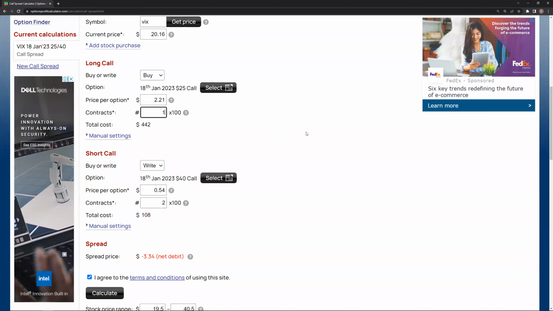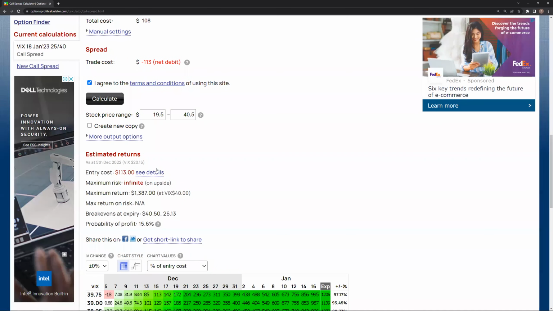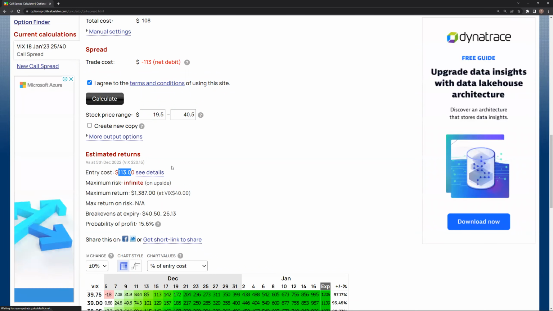So I'm going to change this to 1, and calculate. And then what you will see is my entry cost is now reduced to $113. Just now it was 167, but now it is reduced all the way to $113 lah. And you'll also see that my maximum return is